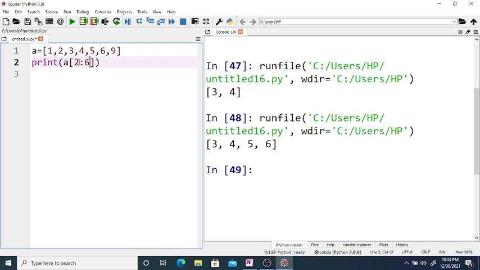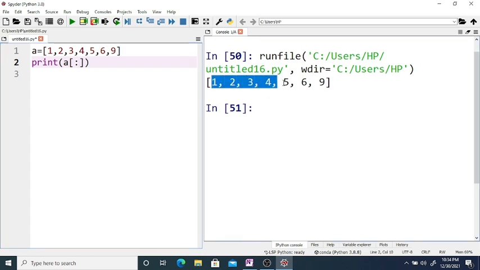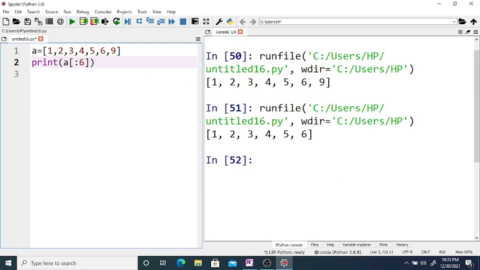If you use just a colon and print, then it prints the entire list 1 2 3 4 5 6 and 9. If you use 6 after the colon, it prints up to position 6, where 6 is again exclusive.